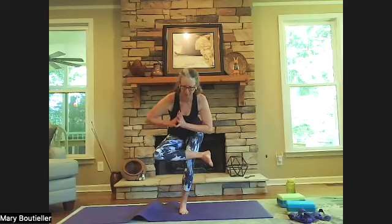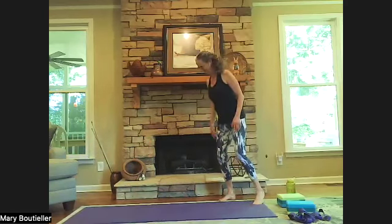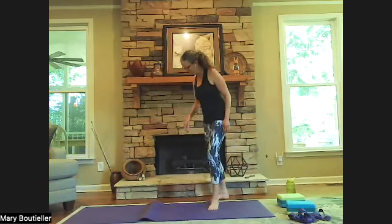Come on to center. Woo, and stand up. Shake it out. Last balance. Tree pose, right? If you've been doing yoga for any length of time, you've done a tree pose in a